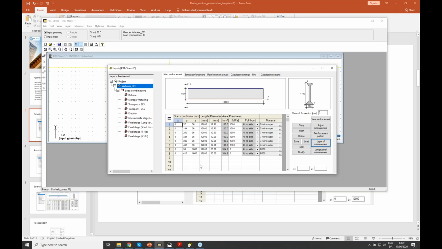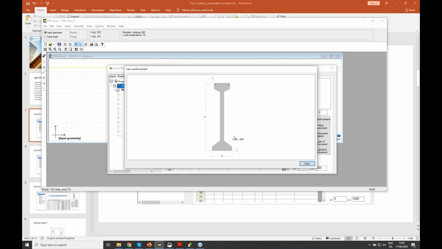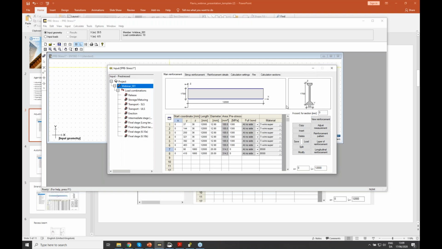I can take a look at my coordinate system, my coordinate table. And here I can make all of the adjustments for each of my tendons. I can also get a picture here, how the tendons are placed by default. I can adjust these values at any point. So I have my X, Y, Z coordinates. You can see my X, Y, and Z directions